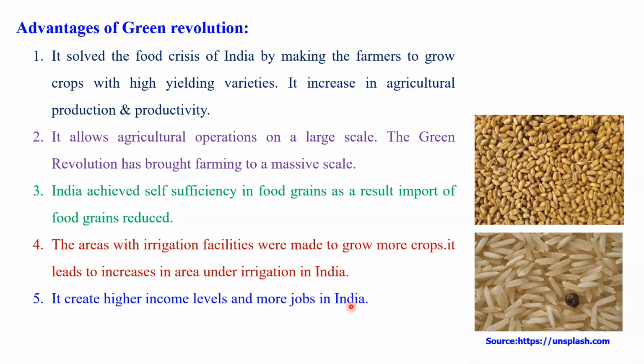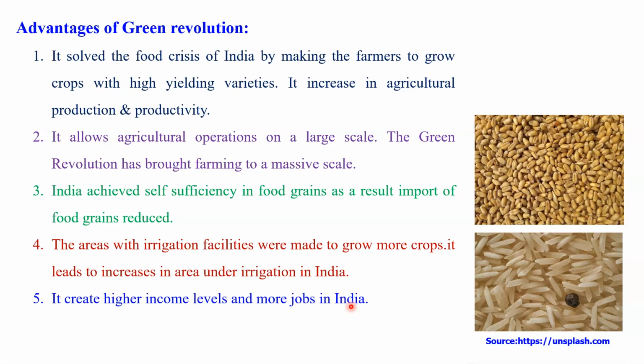Therefore, the income of this farmer was increased on a large scale. And another important thing: when we implemented this program in India, at that time we used a lot of chemical fertilizer, pesticide, various agriculture equipment, or you can say the machinery that we used in this program. And one another important thing is the irrigation. We recorded a number of things when we implemented the irrigation or started the irrigation in that